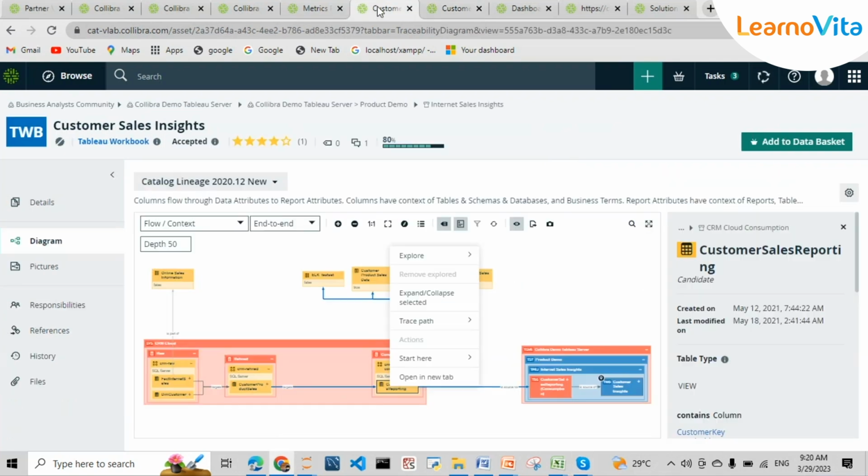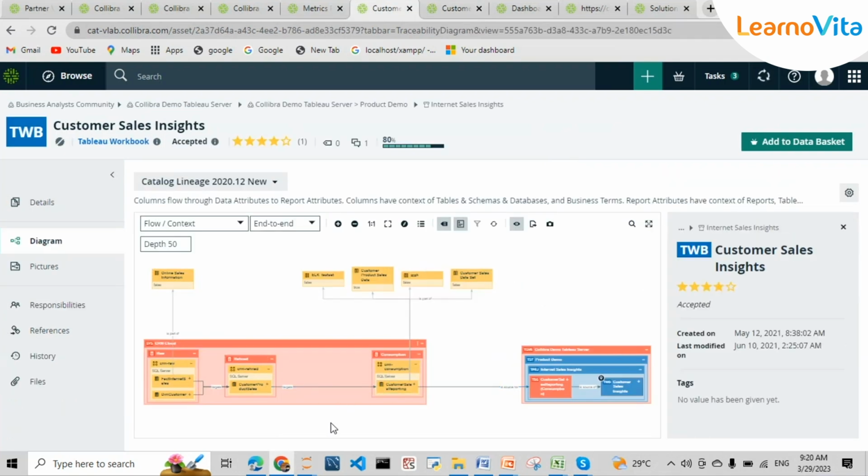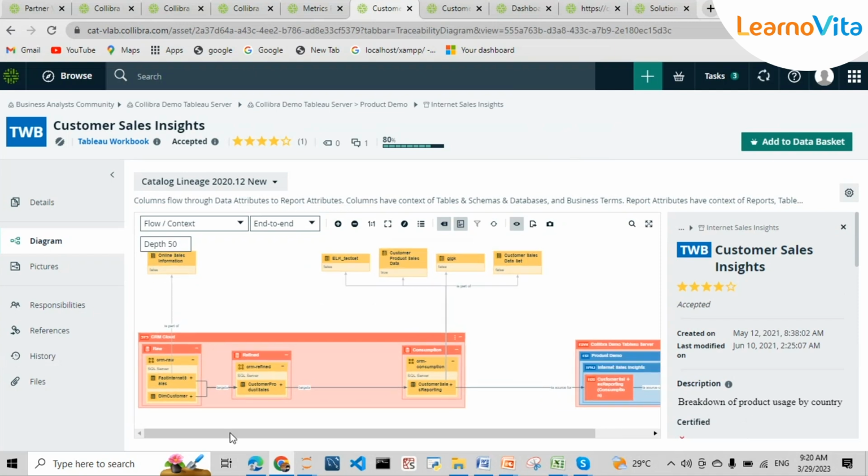So for this customer sales reporting, I have opened it in the lineage. Yesterday we asked what is the difference between diagram and technical lineage. So I said the technical lineage is only for the SQL dialect. Consider this is Redshift, and from the raw layer to the refined layer, the ITG layer to the EDW layer, we'll be having queries for capturing the transformations happening between the tables. So if we see in the technical lineage, this customer sales reporting,